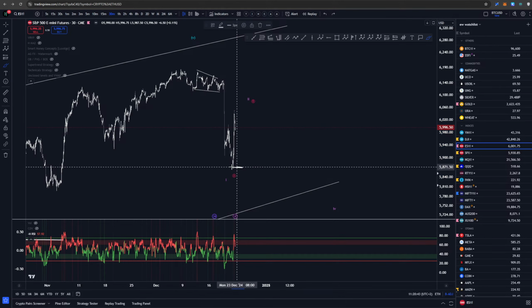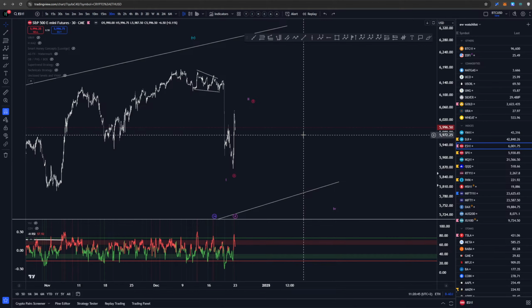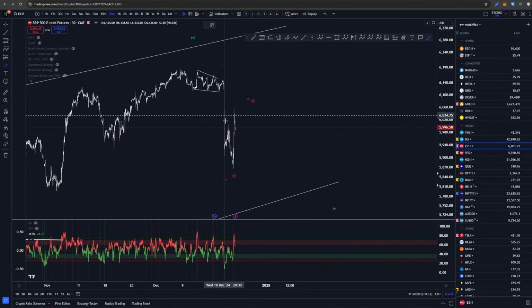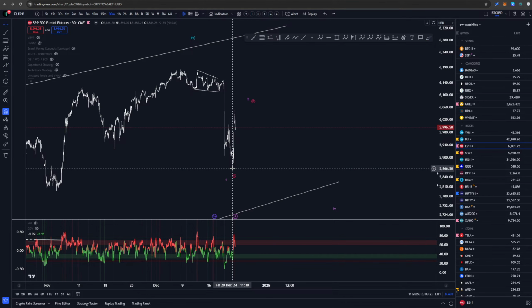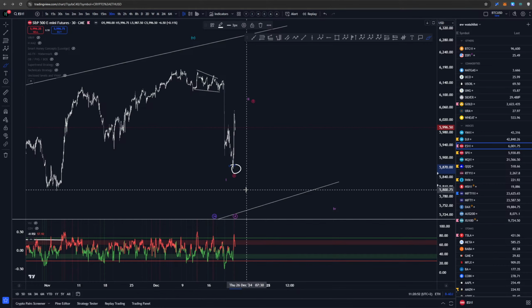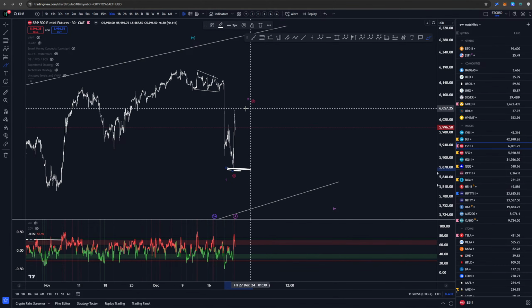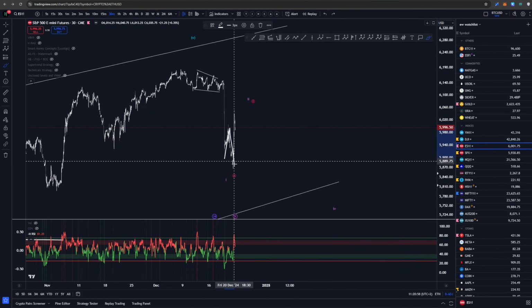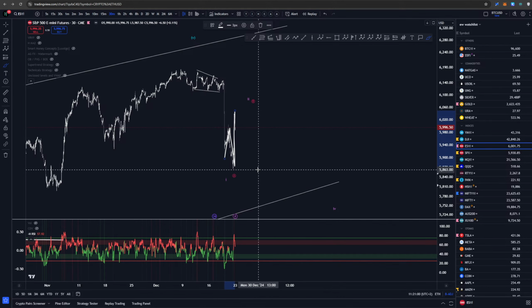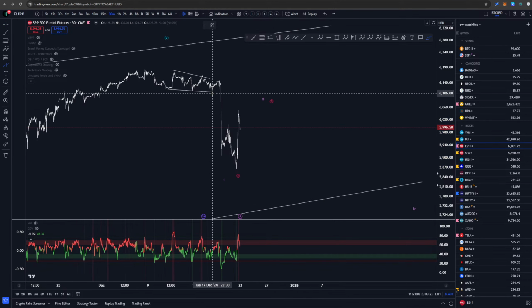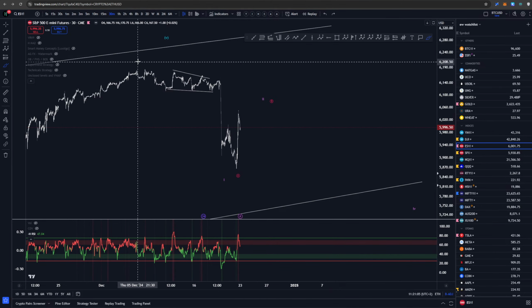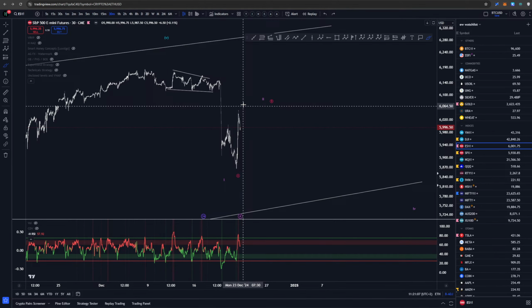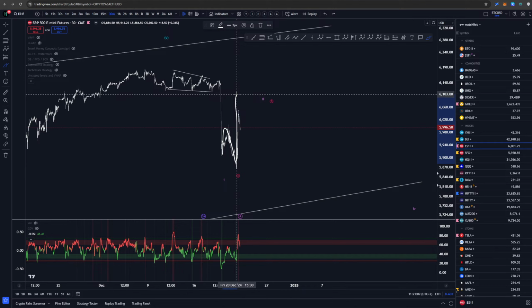If we take out this low, again, we have quite a few breakpoints here. So let's go through those. One is this low. If we take out this low, this means that this is not a start of something new, but instead it's most likely an ABC like so, right? If we come back up here, we can confirm that whatever structure is here, it's not a wave 4 anymore.